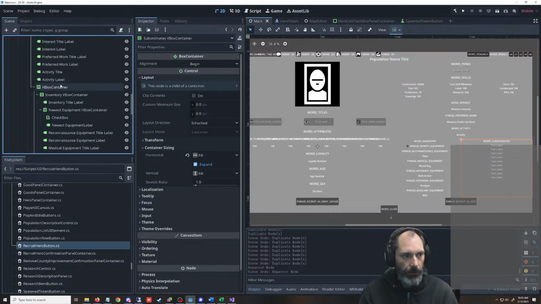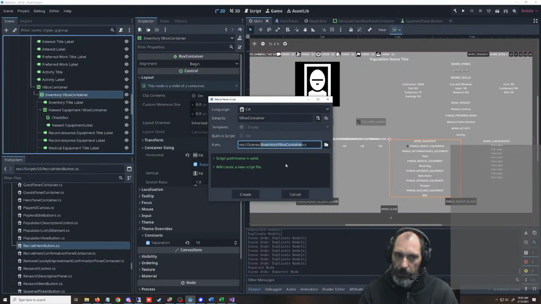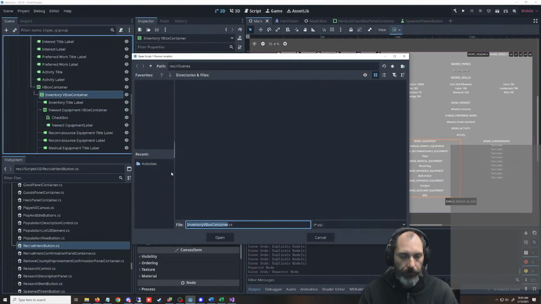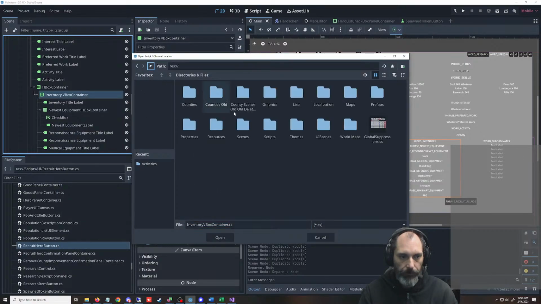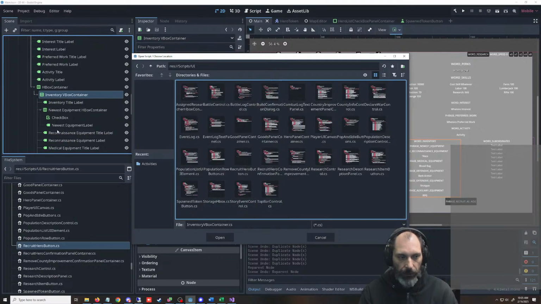We're going to need a new script on here. Let's add a script. I haven't added a script in a long time. This is going to be in the UI. Scripts, UI. I kind of don't like that I broke up the two scripts like that. But inventory VBox container.